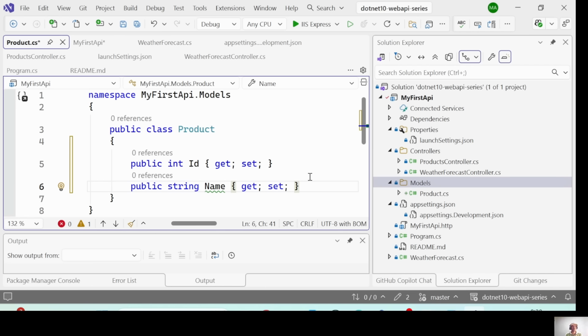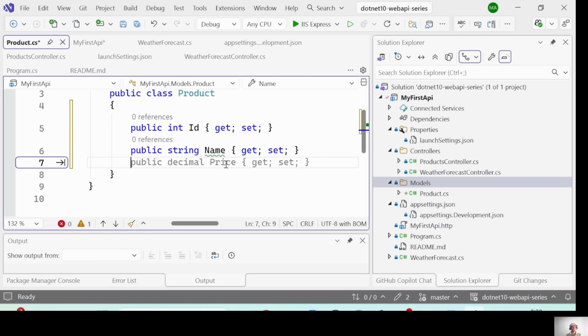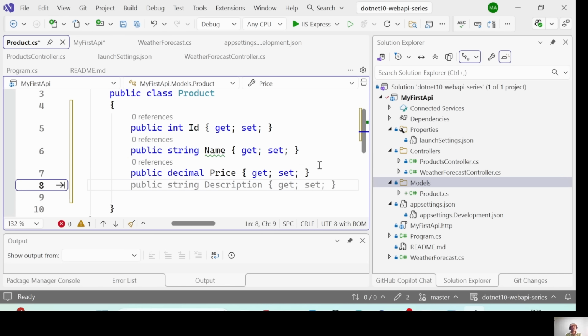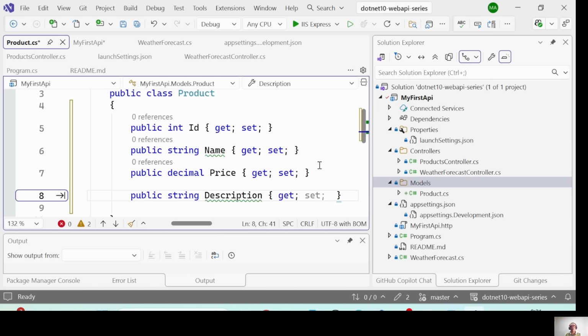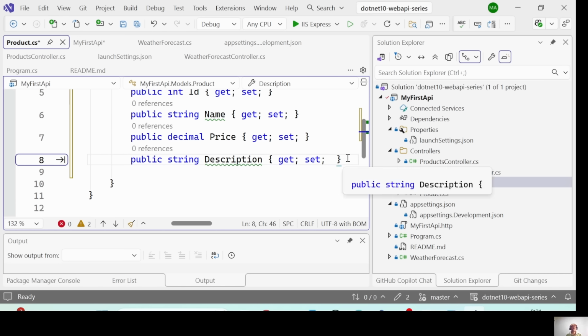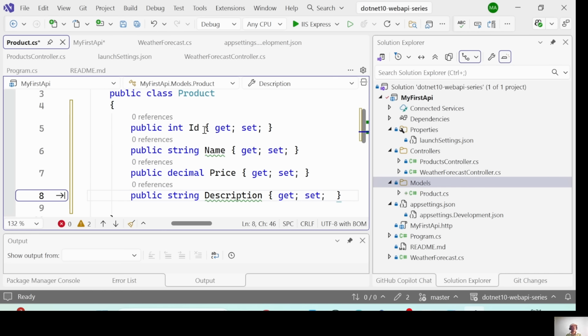Next, I want to create one more property. Look at here. Again, IntelliSense is suggesting, are you going to create a property called price? Yes, of course, we need it. Just press tab. If you are a beginner, I always strongly suggest don't follow IntelliSense. You have to manually type what you want so that you will get familiarized with the keywords and syntax in .NET. Nice. We created our required properties.